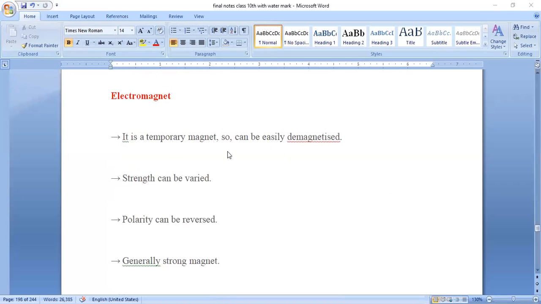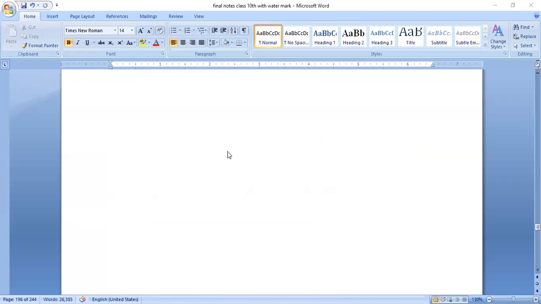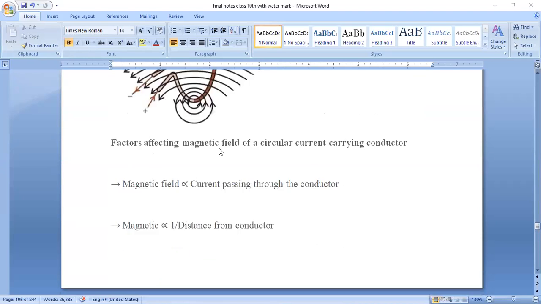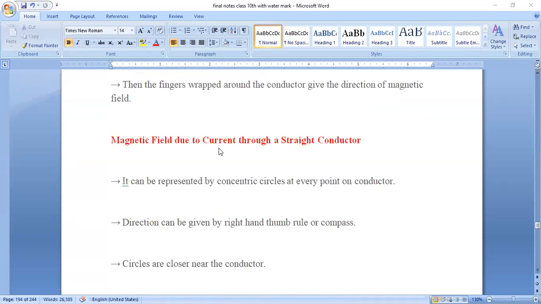So very important concepts we have seen. Three concepts. From these three concepts, one or two or three, all three can be asked. One can be asked or two can be asked, for 3 marks or 4 marks or 5 marks. It depends on the examiner how he is taking out the questions. But these are super important topics and I hope you people have understood. If you have any queries, let me know now itself.